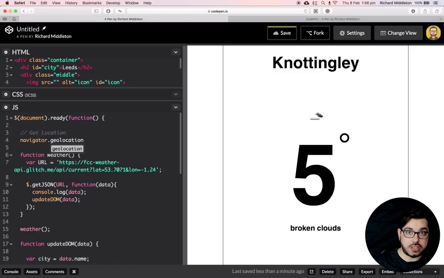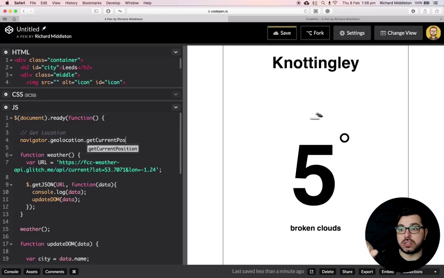We're going into this object, right? We want to get the current position, so get current, remember the capital C there, position, and you can see it's come up and told us, hey, is this what you want? So yeah, I can press enter and it'll finish that for me. So navigator, geolocation, get current position,